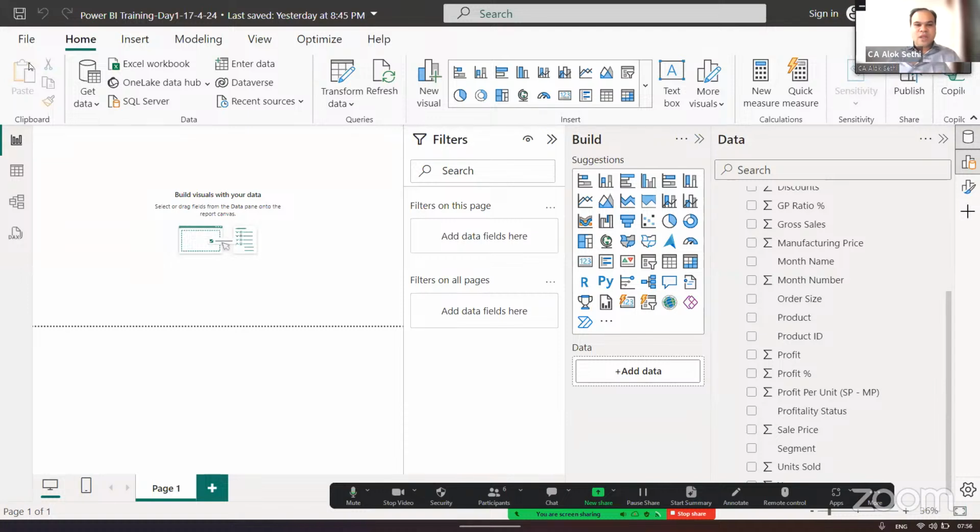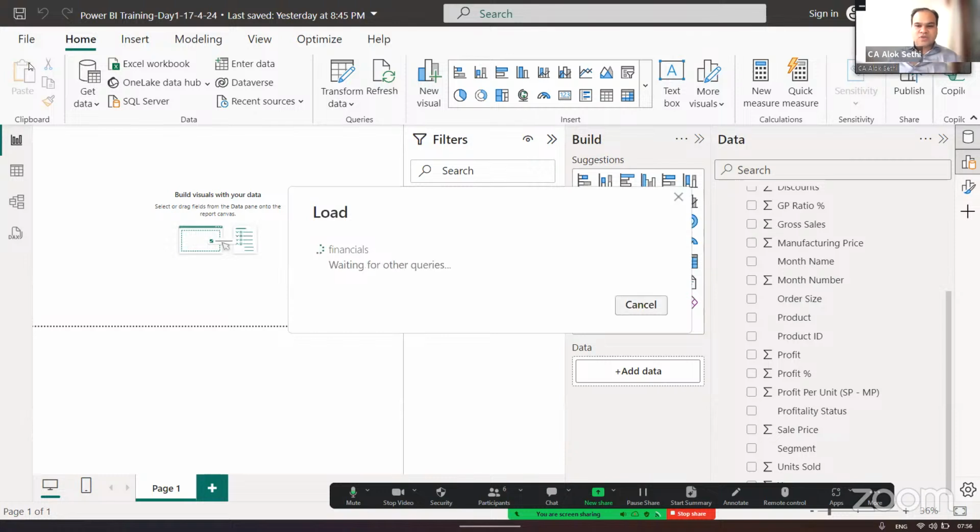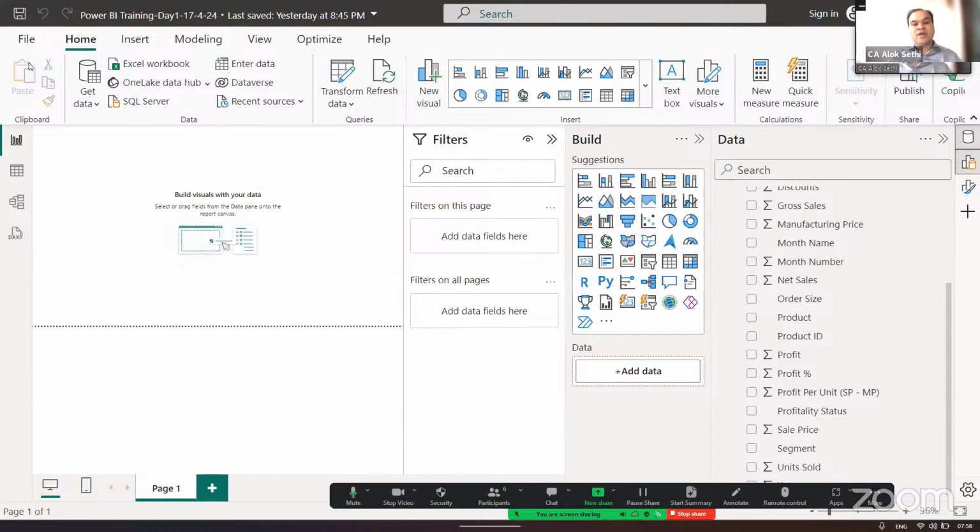Okay, so I've loaded my data. I've added one column. So it should show me the order size column also. It was not there earlier in my data set. Now it should show. So whenever you do any changes in the data, whenever you do any changes using Power Query, it will always reflect in your data pane, the data tab. So if I check my data tab now,